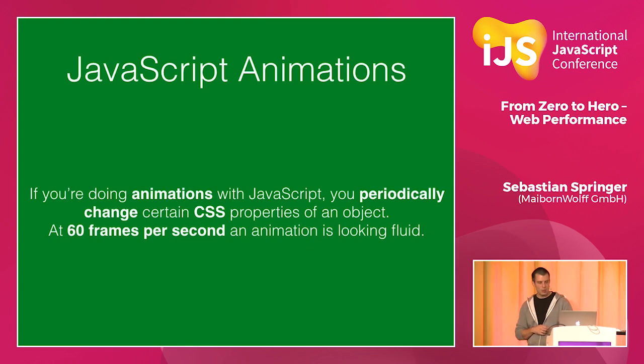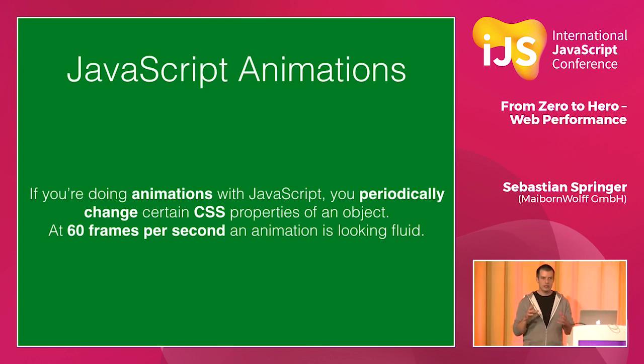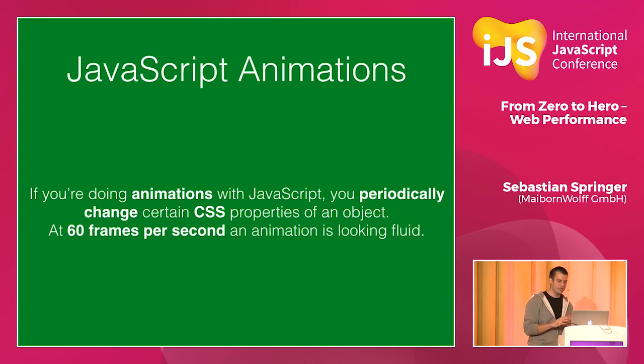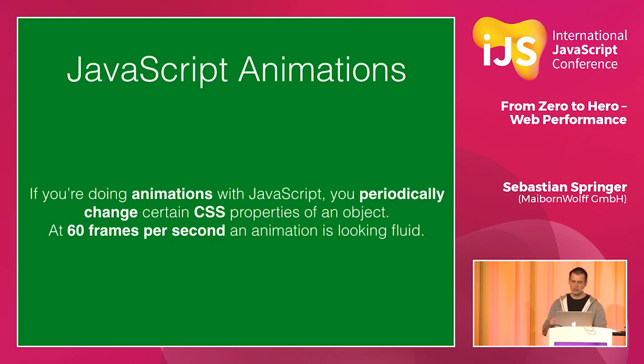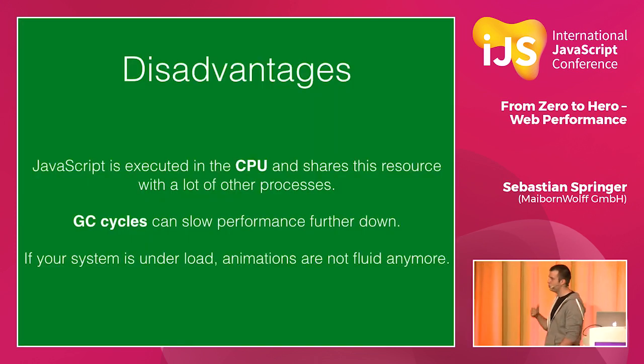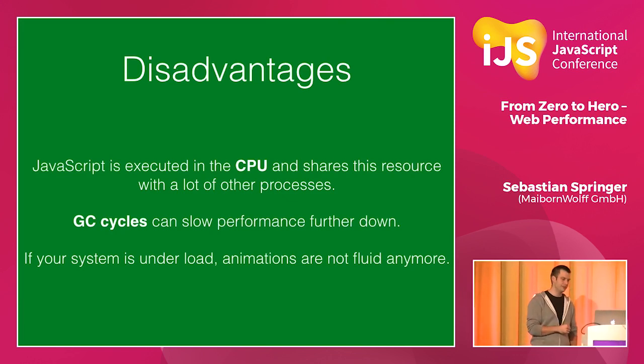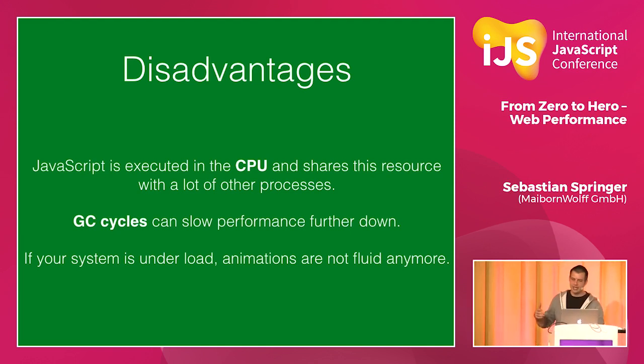So the simplest way of animating things is to periodically change CSS properties, and then suddenly your div containers begin to rotate or something. That's not the best idea, because if you change CSS properties manually with JavaScript, it runs on the CPU, which is not good for the performance. The garbage collector further slows down the whole process, and you don't have any fluid animations, but it just looks